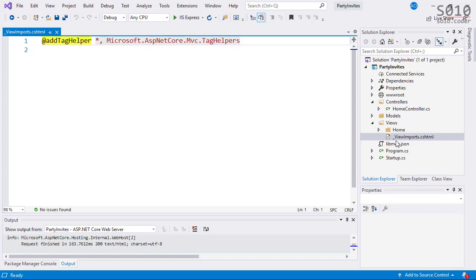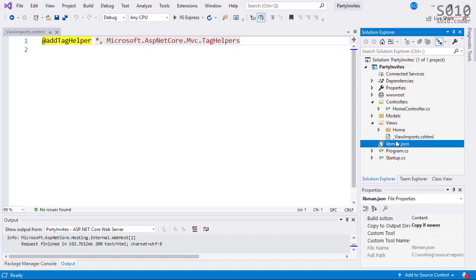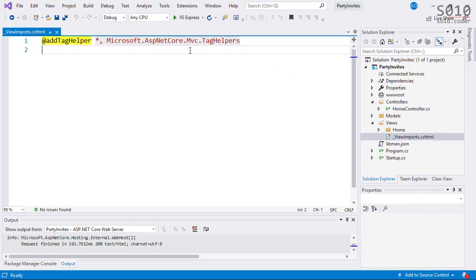By the way, a lot of things with MVC, .NET Core, C# is done via standard naming conventions. For instance, if you name a view as underscore view imports, that's whatever you put here inside